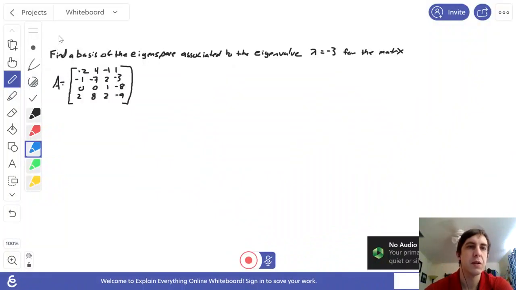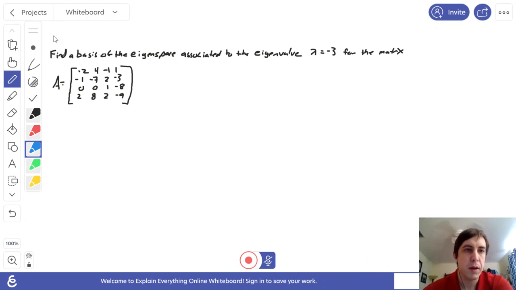In this video, we're going to learn how to find a basis of the eigenspace associated to a given eigenvalue. So just a quick reminder, remember that an eigenvector is a vector that simply gets stretched out when we do matrix multiplication. Another way of saying this is that when you multiply it by A, you just get some scalar times